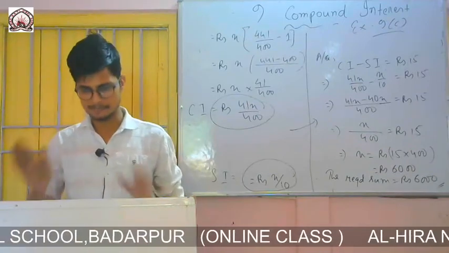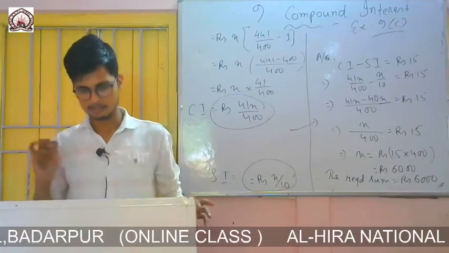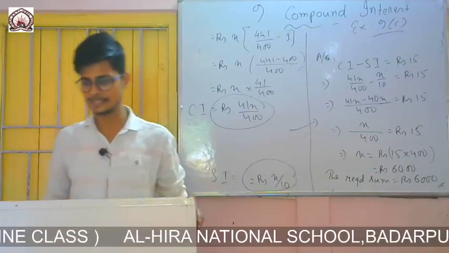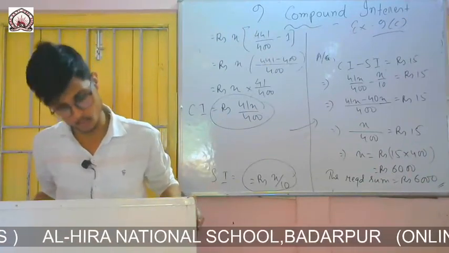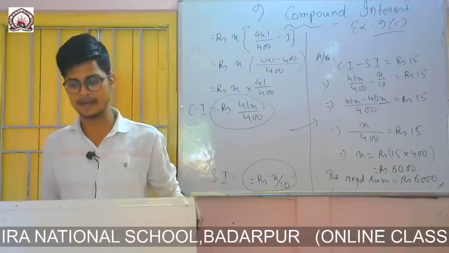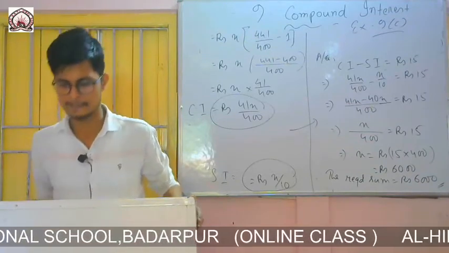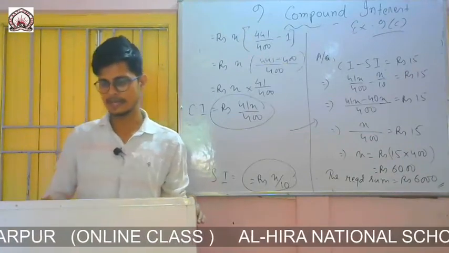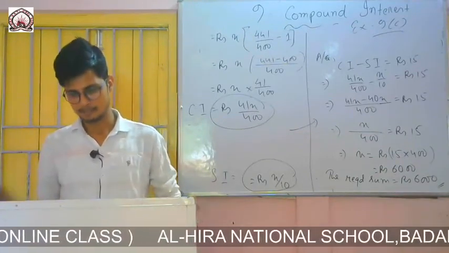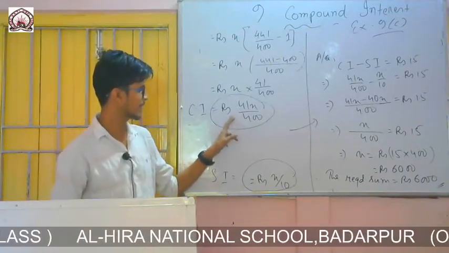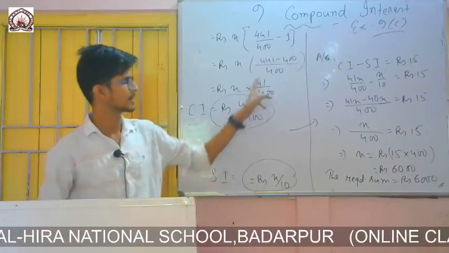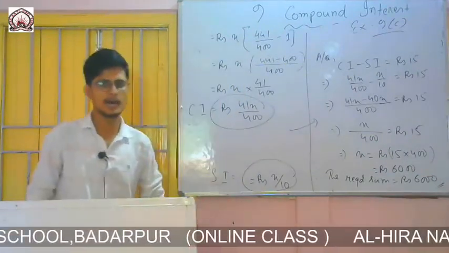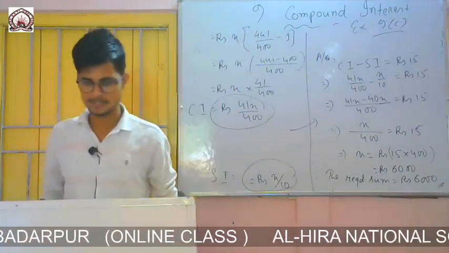Question number 5, same like this one. Still I am discussing it once. What sum of money will the difference between the simple interest and compound interest for 2 years at 5% per annum be equal to rupees 50? So again it says that the difference between CI and SI is 50. So like this one, first of all you find SI, then you find CI, and then you write CI minus SI equals rupees 50 and then you will get the answer. So now question number 6.